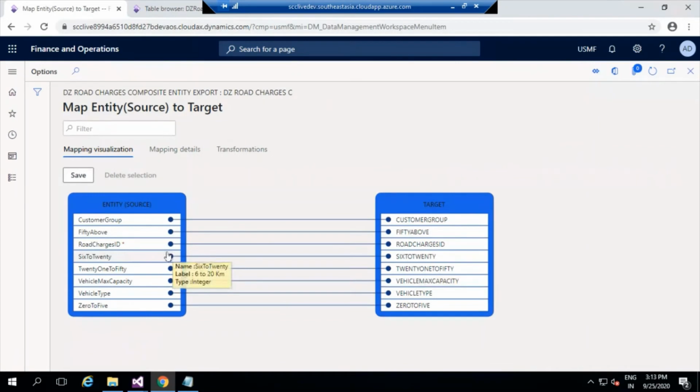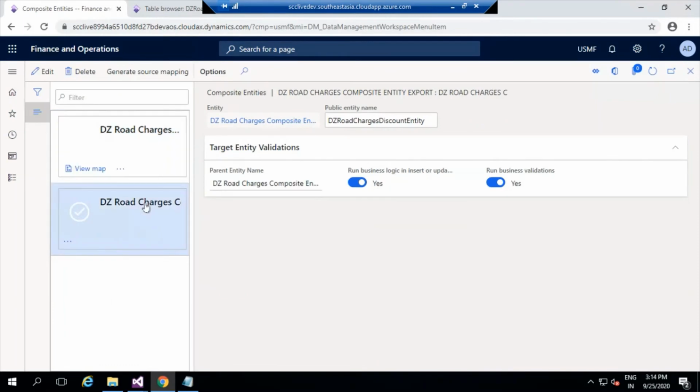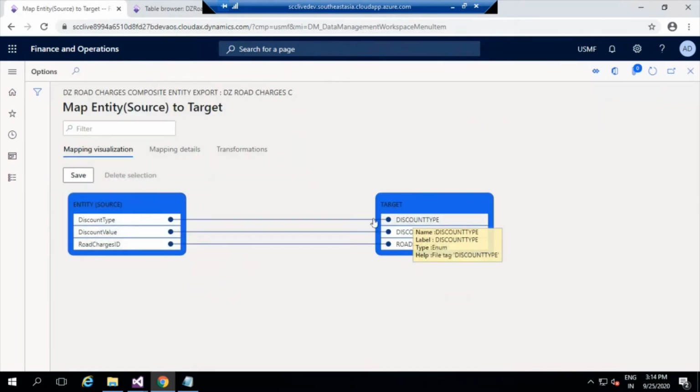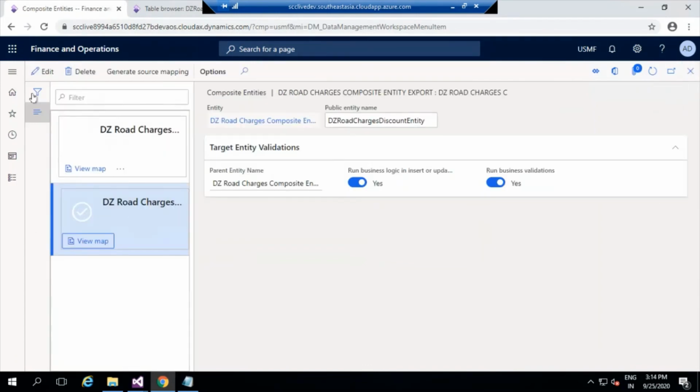So as a functional consultant, you can go ahead and play around with this. Maybe if you want to remove this, you don't want it to participate. You want to take only the master values, and don't want to take any price. You can just play around with it, not a problem. Similarly, you can go to this particular entity and play around with the mapping separately. As in the last session we saw, the mapping details and everything are going to be the same between the entity and the composite entity. The only thing is that the composite entities won't have a staging table by themselves. They are going to utilize the staging table of the standard entities, meaning the original entities that are linked to it.